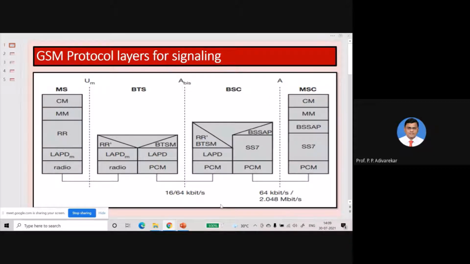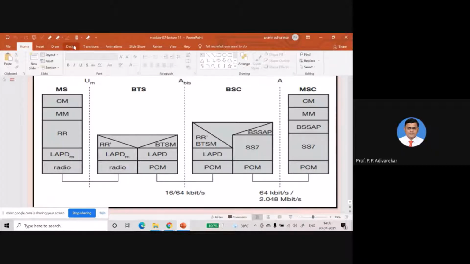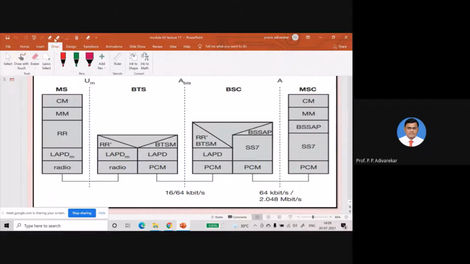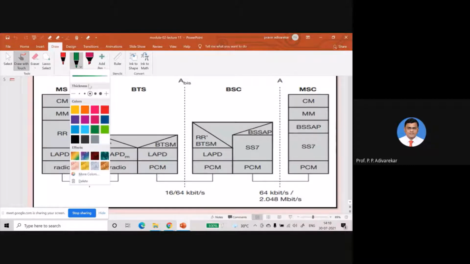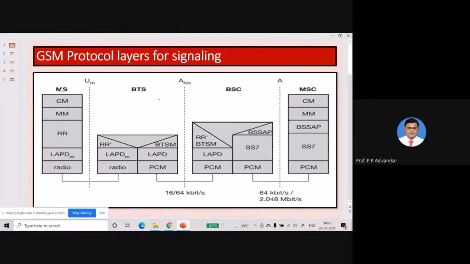This architecture, or we can say these protocol layers, are followed for signaling between different entities of the GSM system. As you can see on the screen, four entities are shown here.